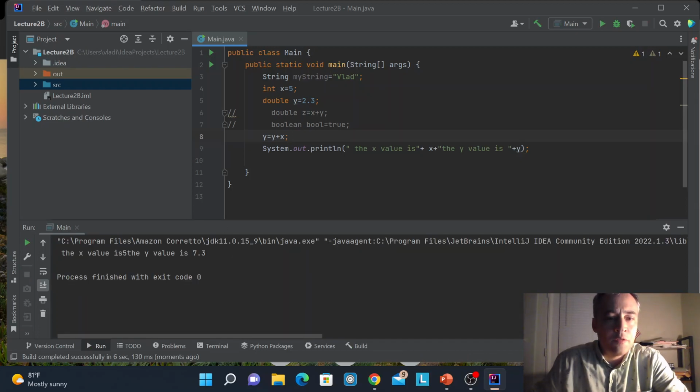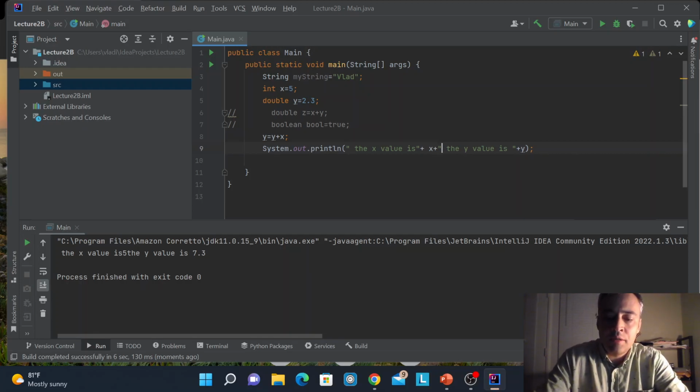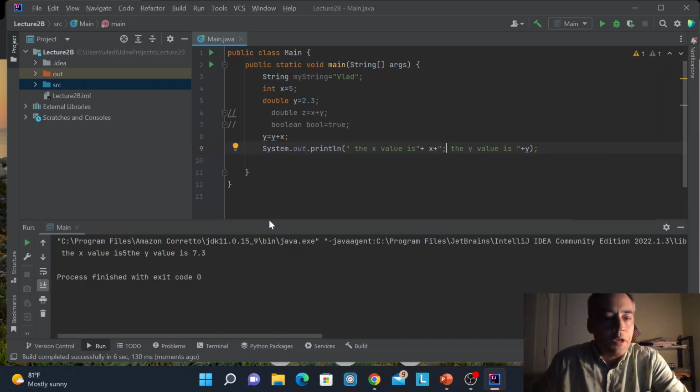Is 5, the y value is 7.3. Okay, I may want to have a blank space over here and say semicolon. Okay, that's what we wanted. Now, curiously,